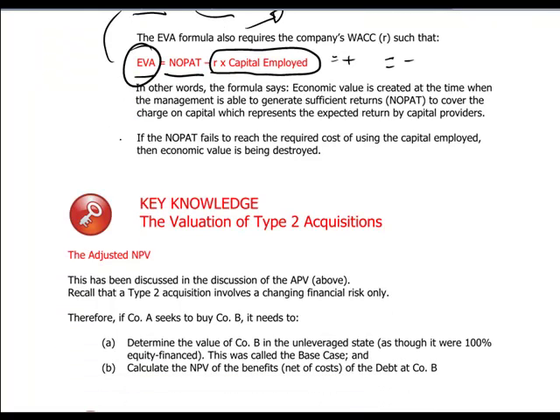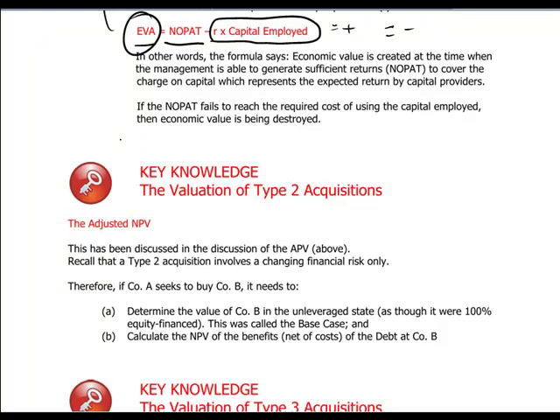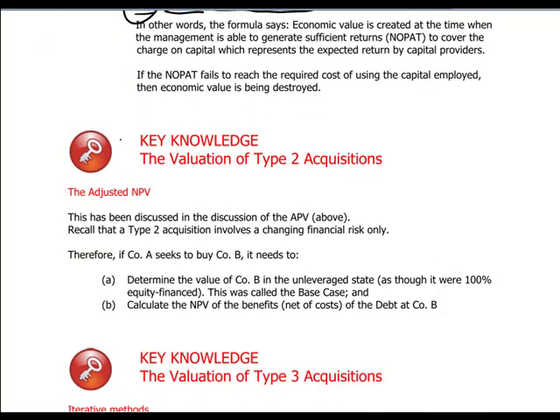topic. Now, valuation type 2 adjustments, when we have a company in the same business risk, same industry, but the financial risk only is what's changing. Then the recommendation is to use the adjusted present value, which we have already mentioned in an earlier section of paper P4. So APV has a value in connection with type 2